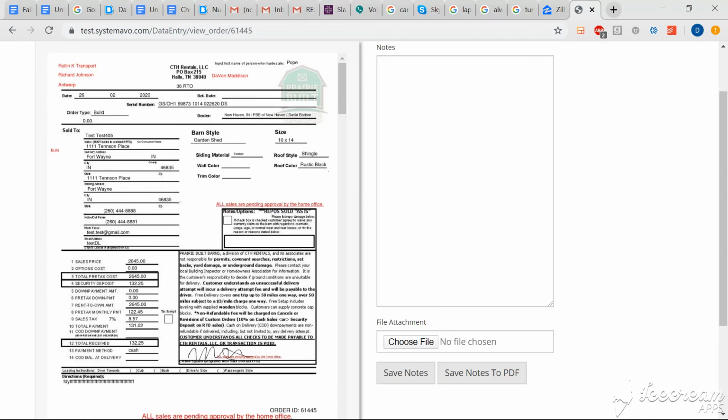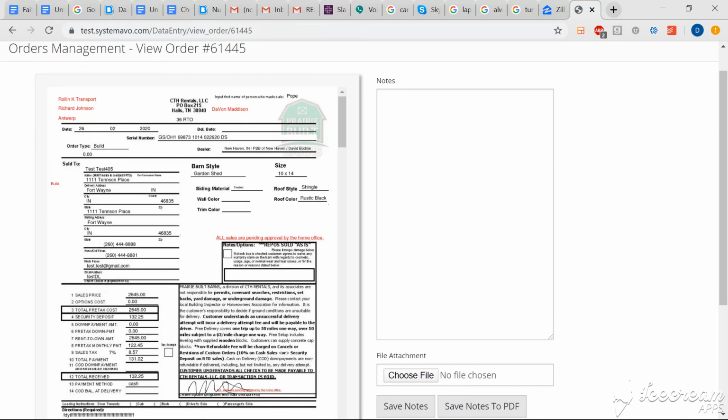And this is a note area where you can add any notes to it. Now, most of the time when you open the notes, you're actually going to begin to see notes already in here, because automatically when the building is delivered, it will store the delivery date and everything else in here. But let's go ahead and put in some test notes. Let's say building was, I don't know, a green